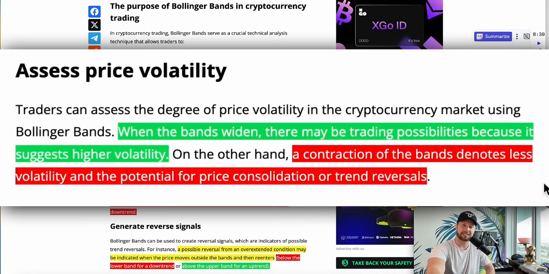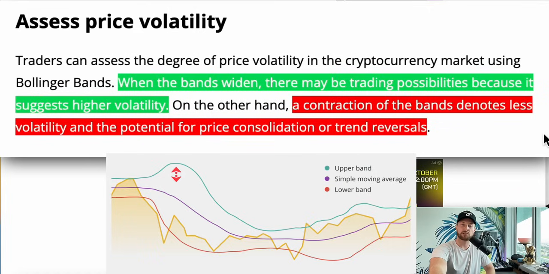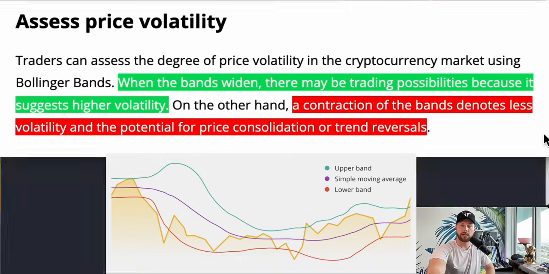First is assessing price volatility, because when the bands widen, meaning that the space between the upper band and the lower band gets larger, there may be trading possibilities because it suggests higher volatility as the bands widen. On the other hand, a contraction in these bands denotes less volatility and the potential for price consolidation or trend reversals. Now, we're going to discuss how to identify a trend reversal when a contraction of the bands